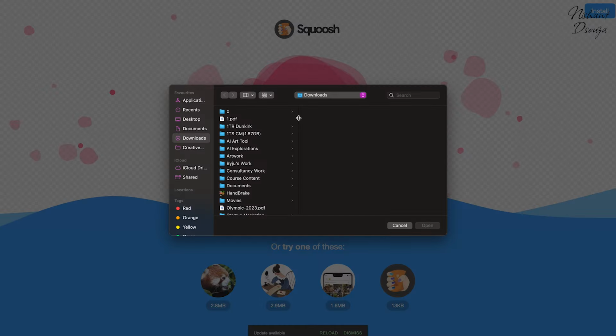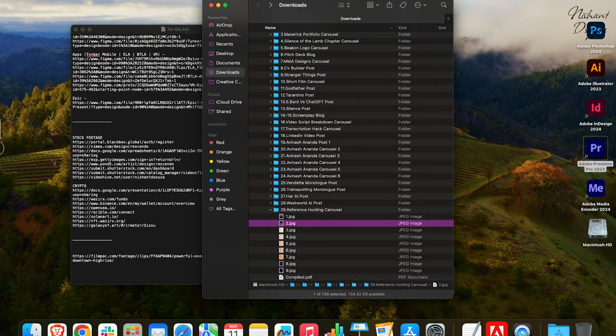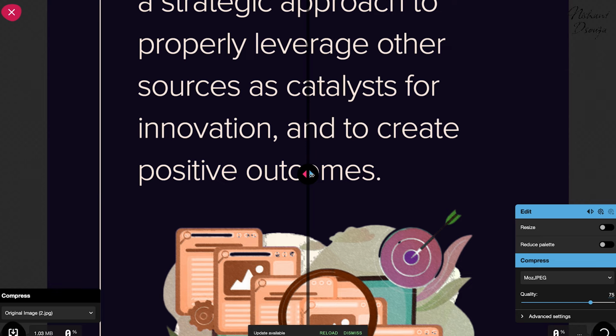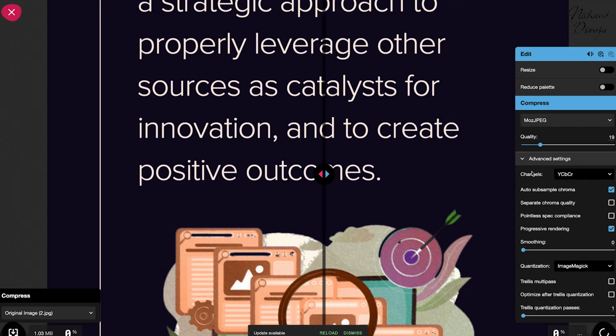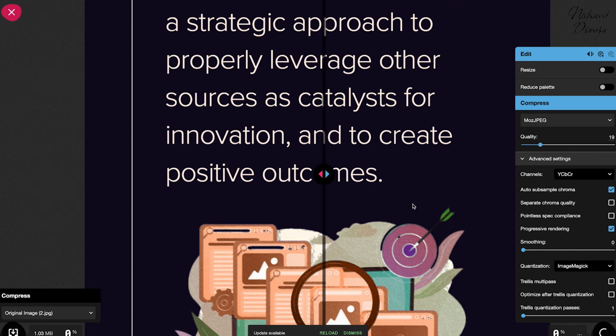So yeah, you can just put in your image over there, whatever it may be. Let me just drag one really quickly. Say this one, which is 1 MB at the moment. And as you can see, you can play with the quality a little bit and see, say, the before and the after to see the difference. Doesn't seem like there's much difference, honestly. You can bring it down all the more. And you see? And there's a bunch of different advanced settings as well that you could leverage for yourself if at all you want to go into minor details like that.